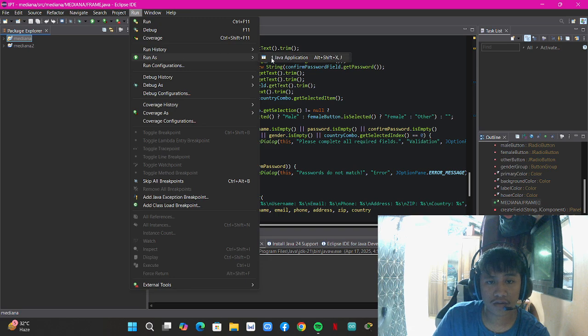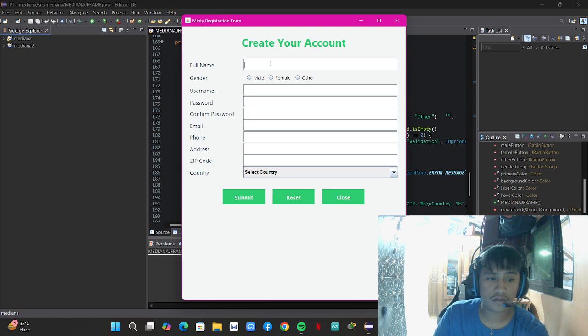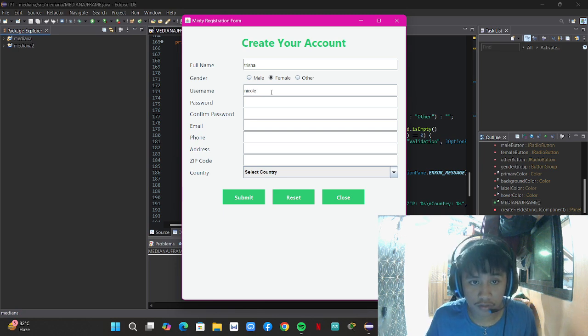Let's run this code. So I will put a name here. Then email and username. So sa username, kayo nang bahala kung anong ilalagay niyo ng username dito. And sa password naman, kailangan match yung password and confirm password.